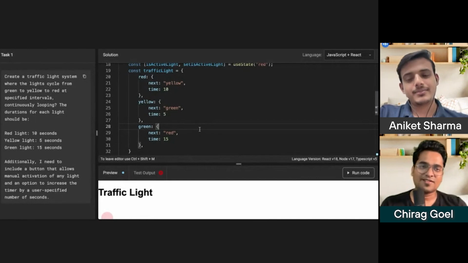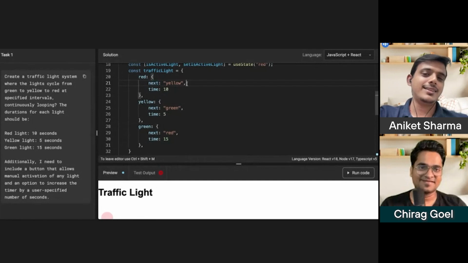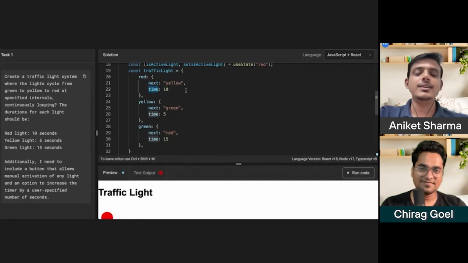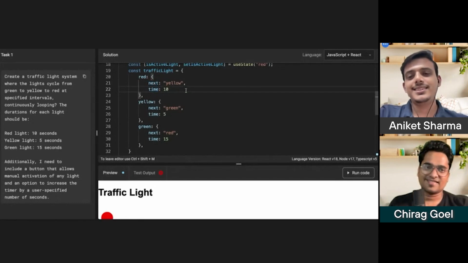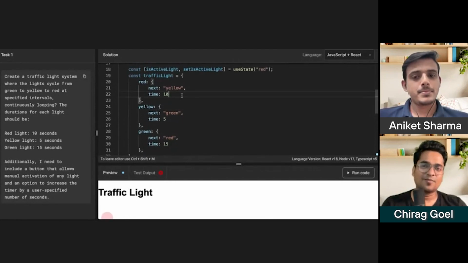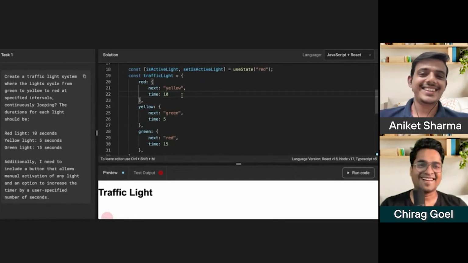So you are representing somewhere a circular linked list. Next is nothing but an address to another node. And time is kind of the data. Yeah, that makes sense. I was comparing it with the hash map and all because it's an object. Why I brought this out, because most of the time, if I would have said in the starting, hey, can you build something like a circular linked list, I think you might have given up the interview in the first minute itself, saying, oh boss, I'm not familiar with data structures, I can't continue ahead, right? But unintentionally you did something similar to that.